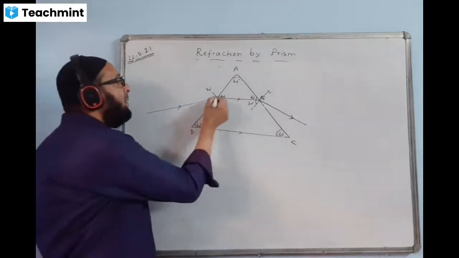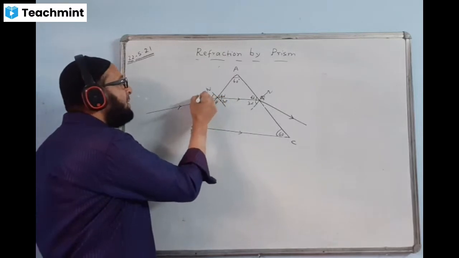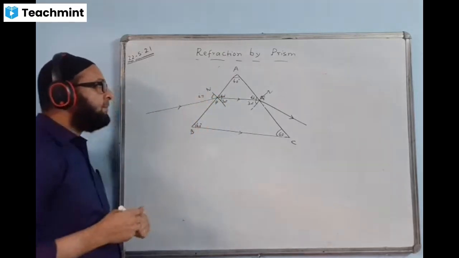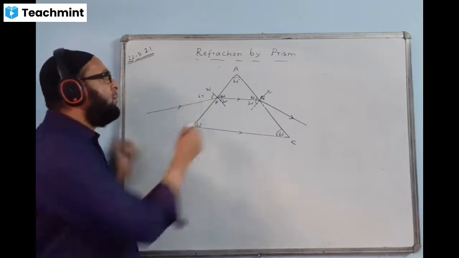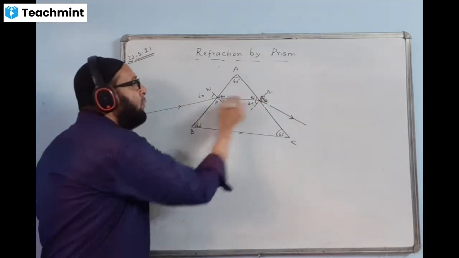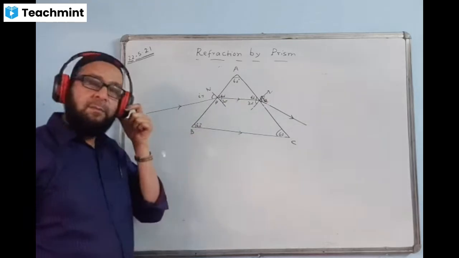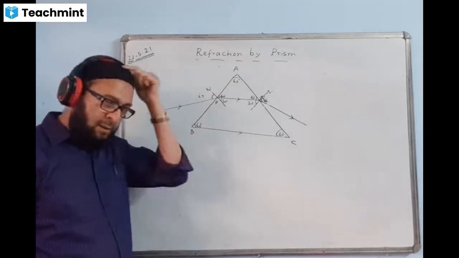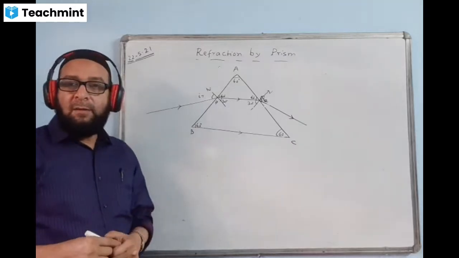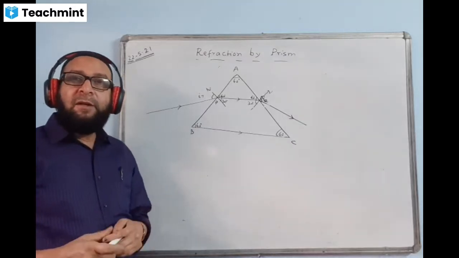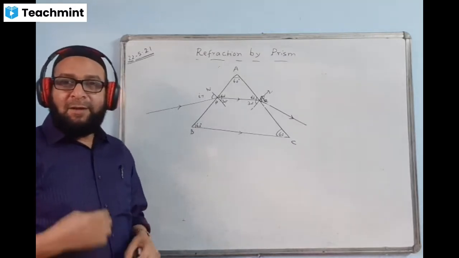Now we'll mark the I value. How much is the value of I? Let us check, and we know the I value and E value will be equal. I and E values are the same in this situation. How to find the value of I? Now we have the freedom of using a calculator, so we'll use it and find.